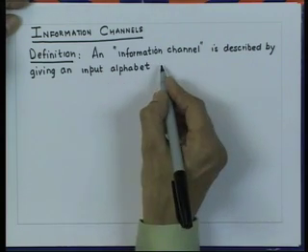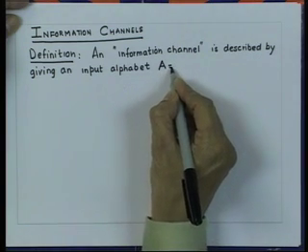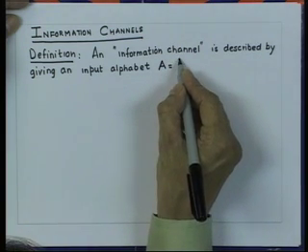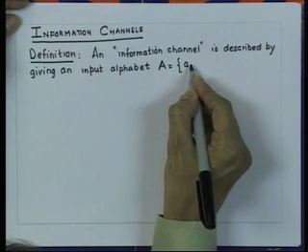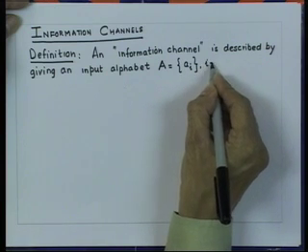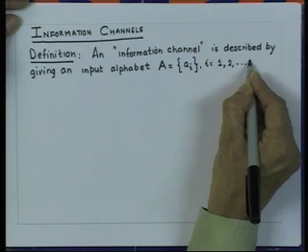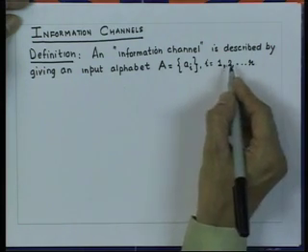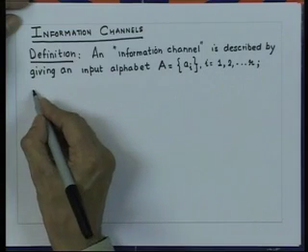We will call that input alphabet A, consisting of input symbols denoted by A_i, where i takes the value from 1 to R, which means the size of the input alphabet is R,